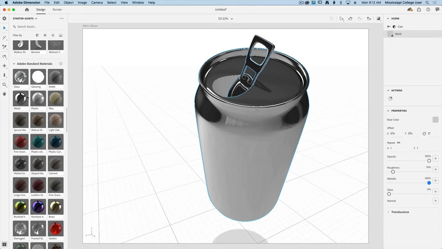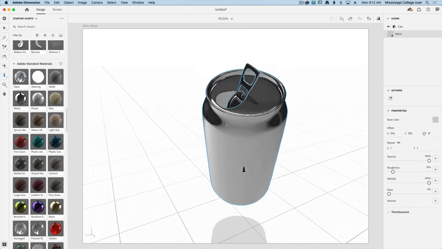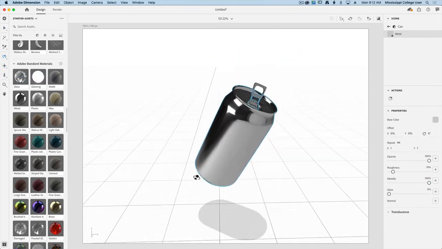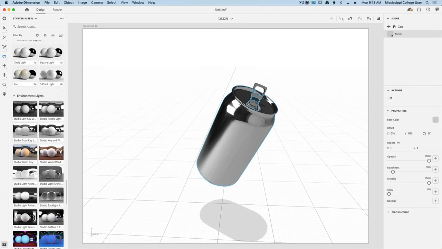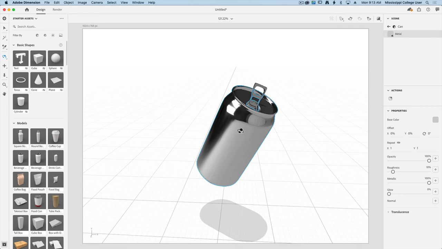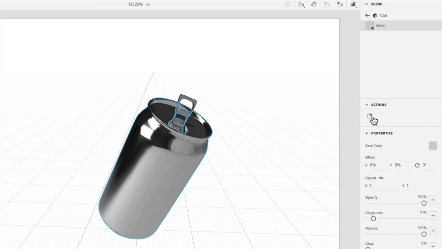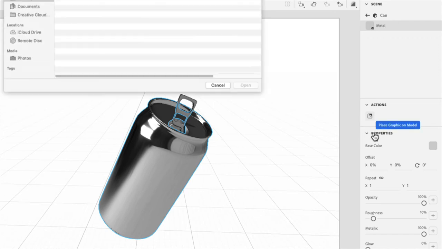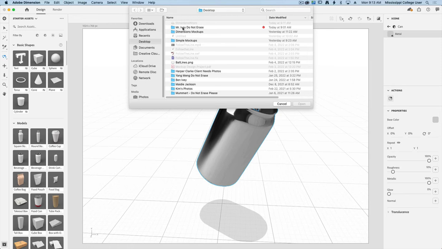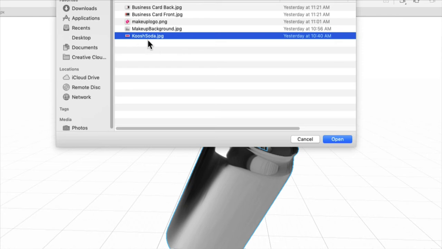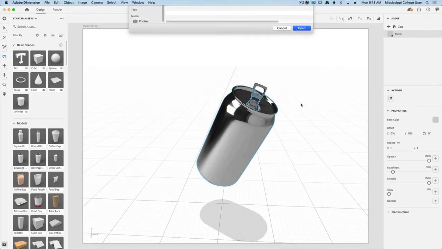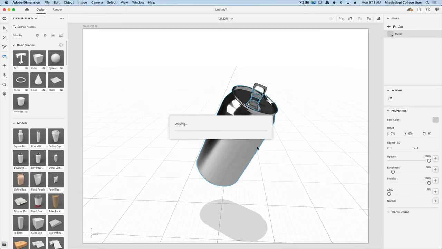What I'd really like to do is let's zoom back out and add one of my graphics to the side of the can. Now there are some predefined graphics over here, but what we want to do is add a graphic to this area. So with the can still selected, under the actions, I can place a graphic on my model by clicking here. This is where I can go into my designs that I've already saved. So here's my Koosh Soda JPEG. When I click open, we'll give it a second,